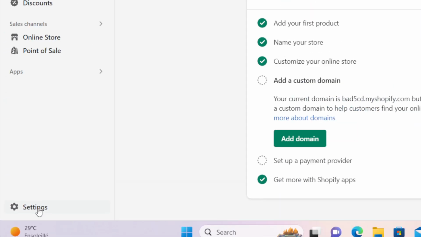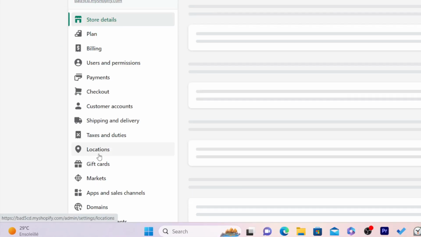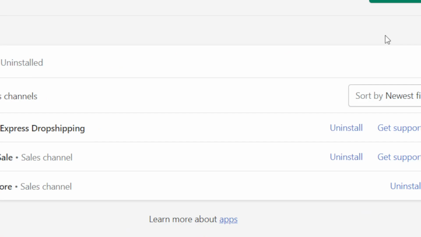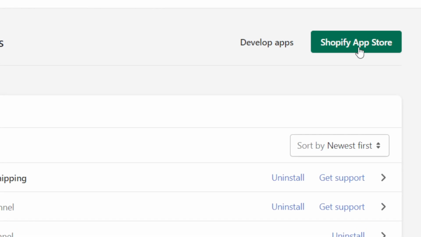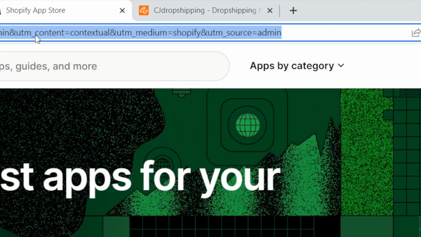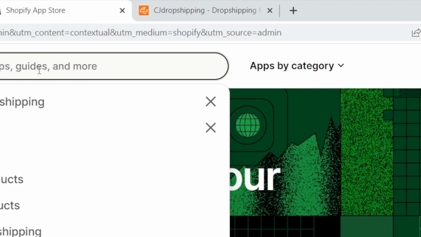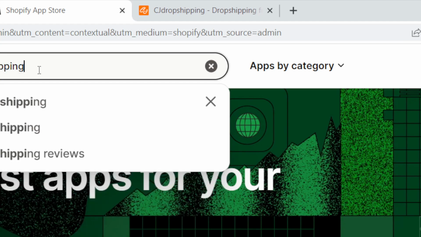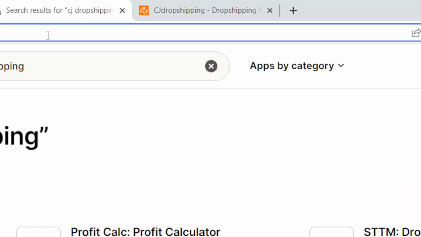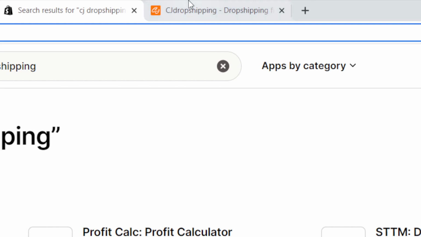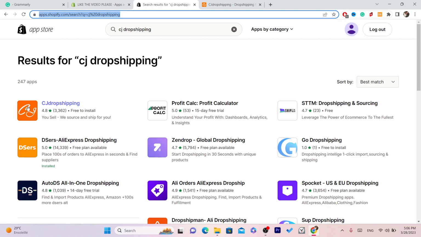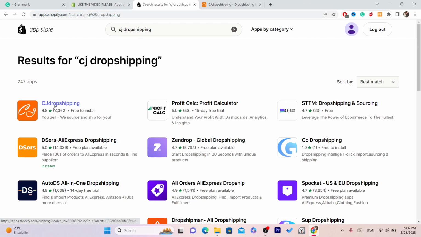click on settings at the very bottom left, and then you want to click on apps and sales channels, and you want to click on Shopify App Store in the top right. Alright, now in the top you want to search for CJ Dropshipping. We just want to download the app so that it will help us import products or add products from CJ to our Shopify. Now this is the app that we need to download. It's called CJ Dropshipping. Click on it